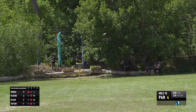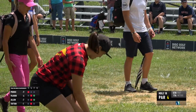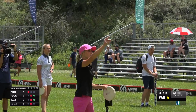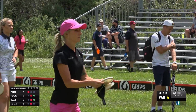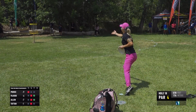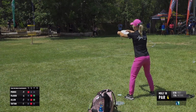Lisa Fajkus throwing 3, playing it safe. A little too safe. A little too, yes. But she'll have a putt for par still. Katrina Allen, this is for birdie and to tie for the lead, in essence. Yeah, I mean, if Paige could make this putt and still leave herself in the lead, but